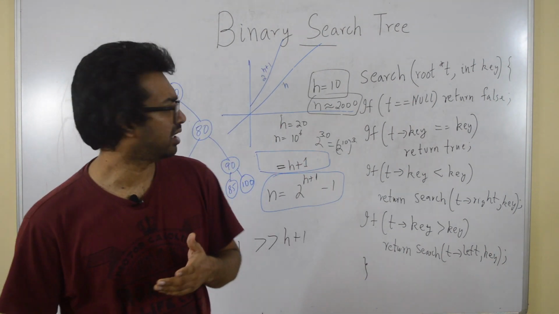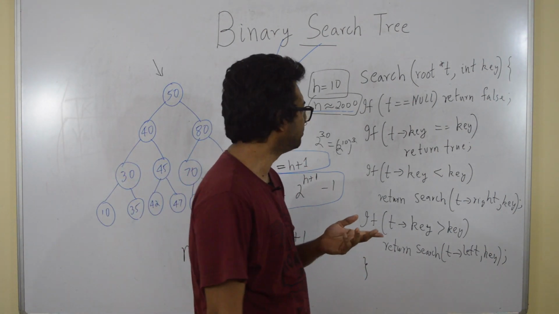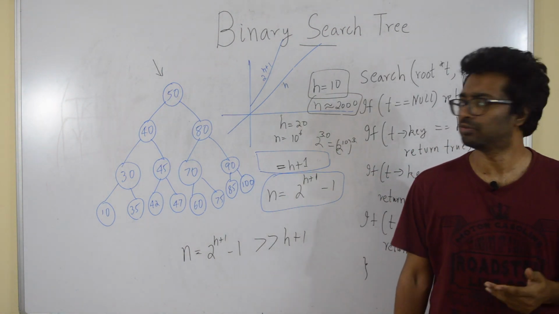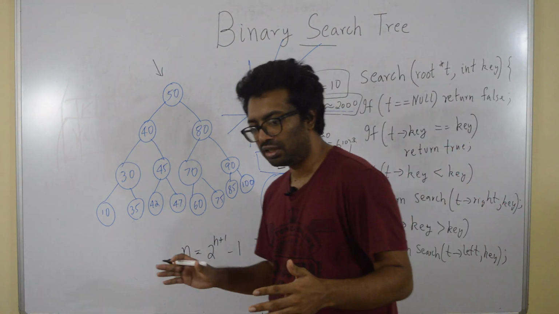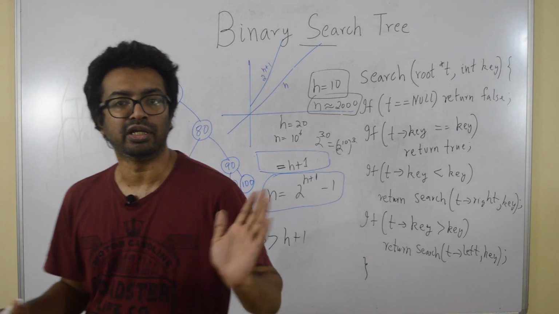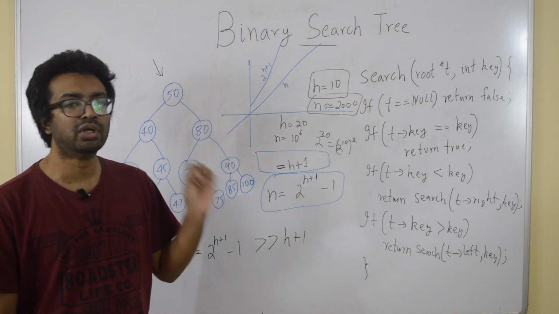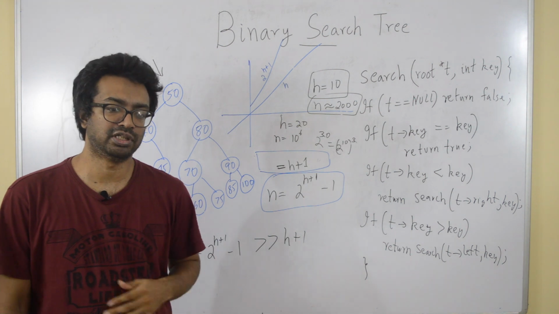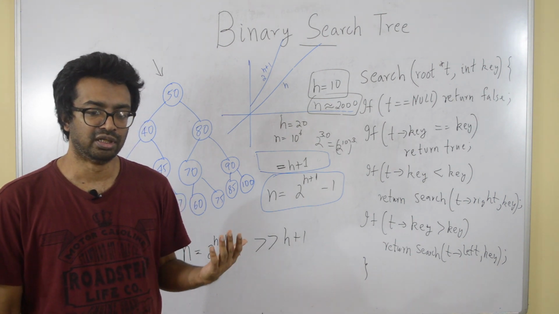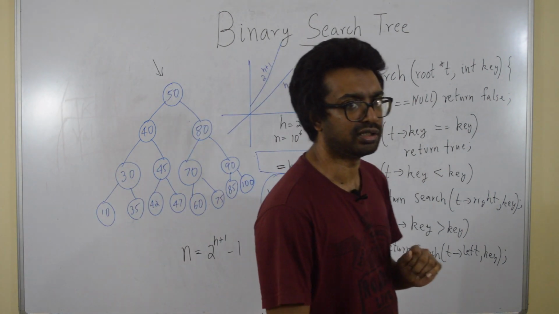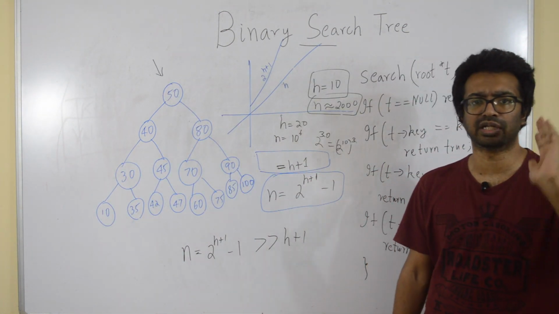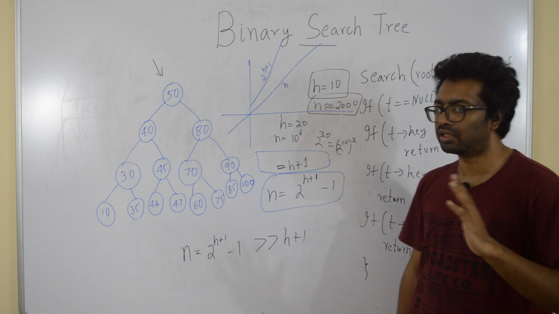And once h becomes 50, for example, this number n is so huge that no computer can ever finish running it. No computer can go through 2 raised to 50 numbers. It's probably close to the number of particles in the universe and things like that. It's reaching that limit, and once h is equal to 100, 2 raised to 100